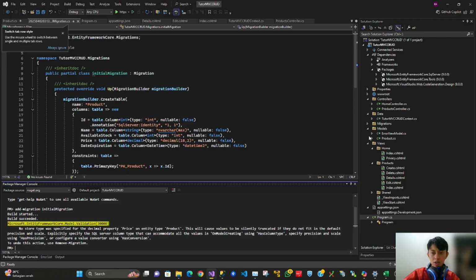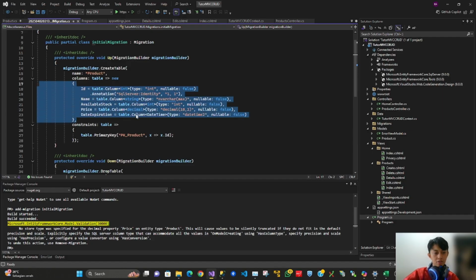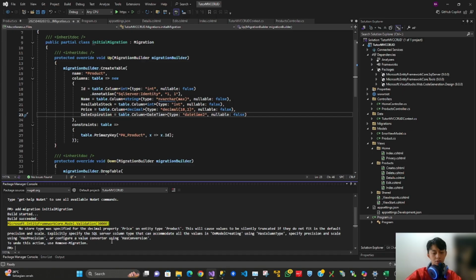We are given the code that describes the table and columns, integrated with our code. And then give the command Update-Database.